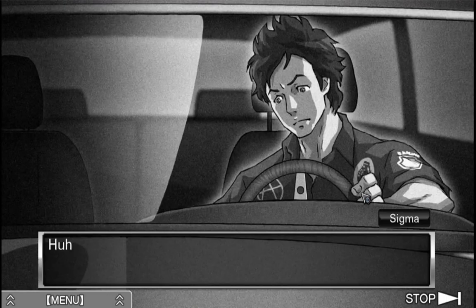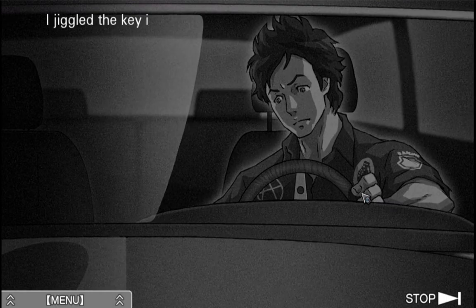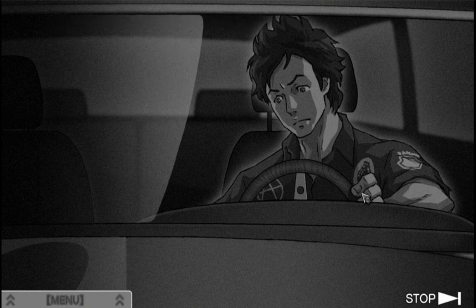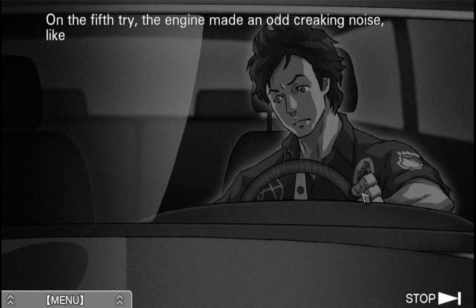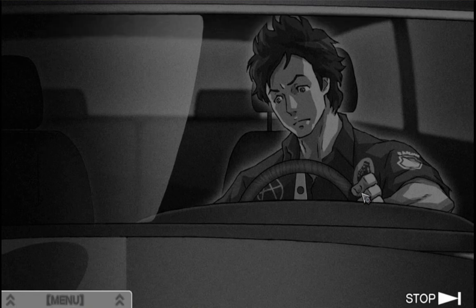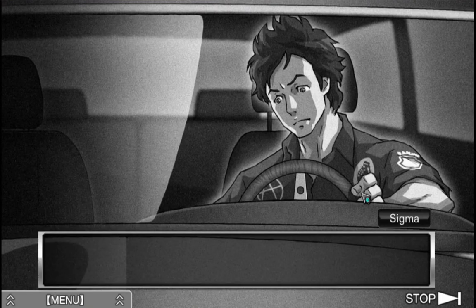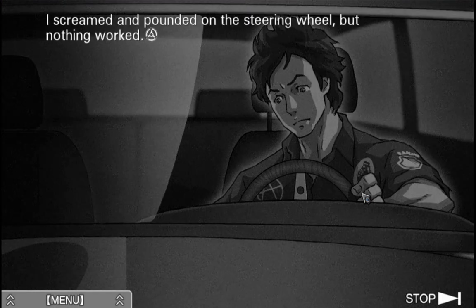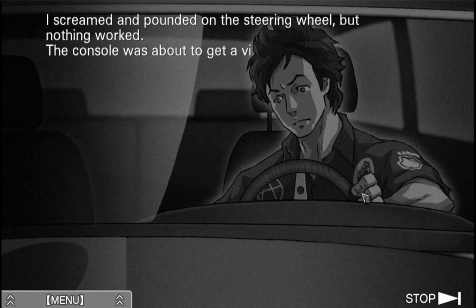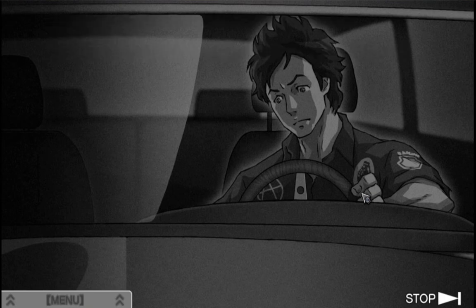Nothing happened. Huh? I jiggled the key in the slot and tried again. And again. And again. On the 5th try, the engine made an odd creaking noise like metal on metal and fell silent. God damn it! You stupid piece of shit! I screamed and pounded on the steering wheel, but nothing worked. The console was about to get a visit from my fist when...